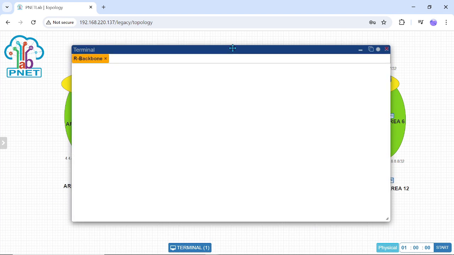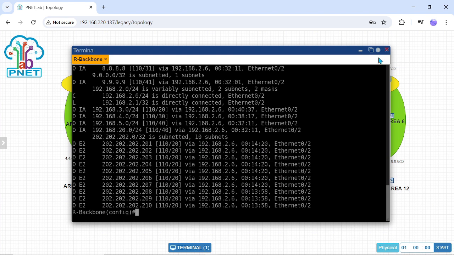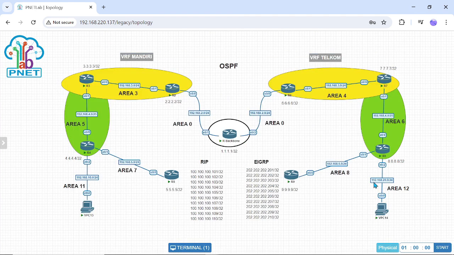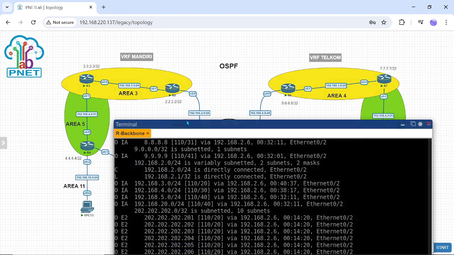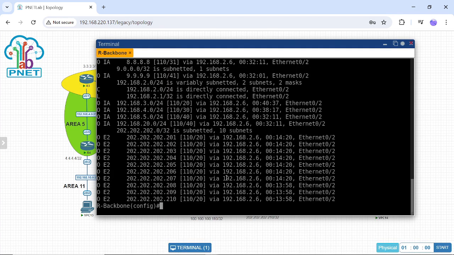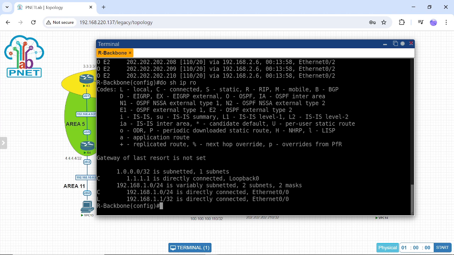But VRF Mandiri and VRF Telkom are different. Usually, if we want to check the routing table, we check the global routing table.